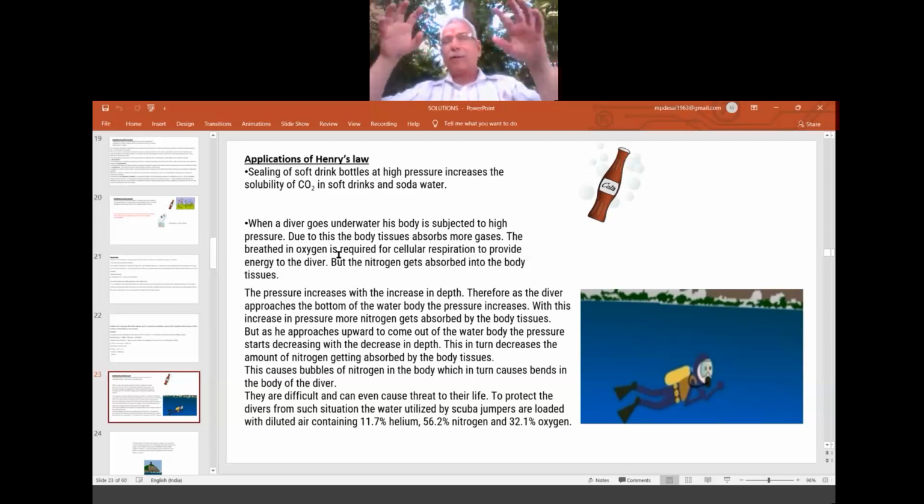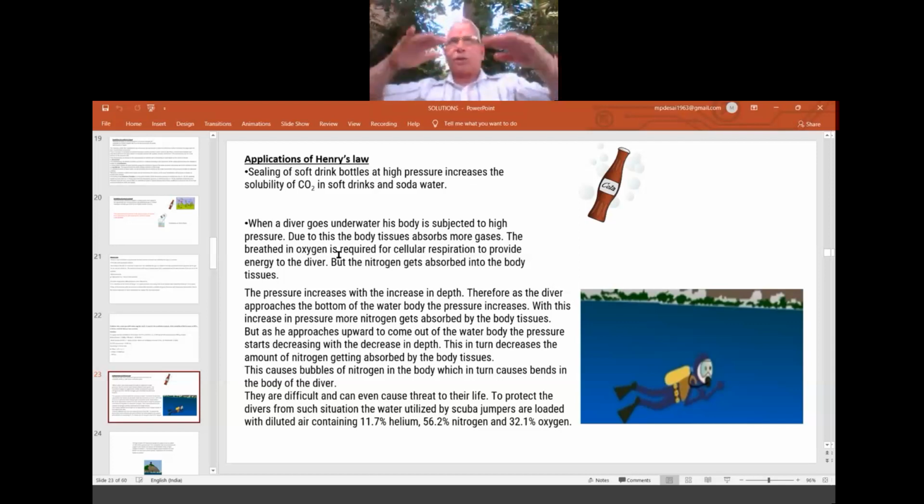Plus, the cylinder they take is not only containing oxygen and nitrogen. Along with that, helium is there, because helium's kH value is more than nitrogen's. So the more the kH value, the less soluble it is. So it is not only less soluble in our blood vessels, but also it is controlling the nitrogen. All these calculations they do, and they go for the correct air composition which is required for the scuba divers only, and they are trained.